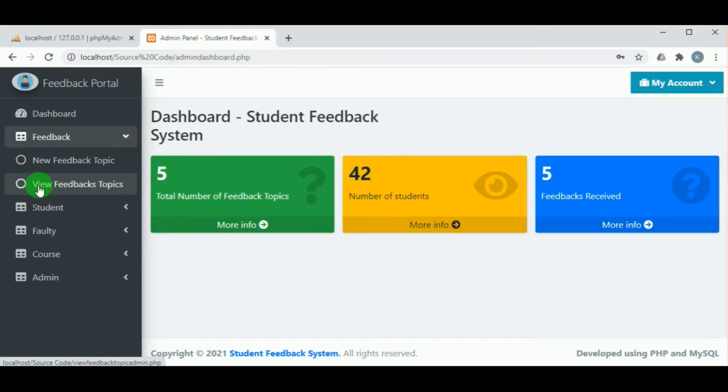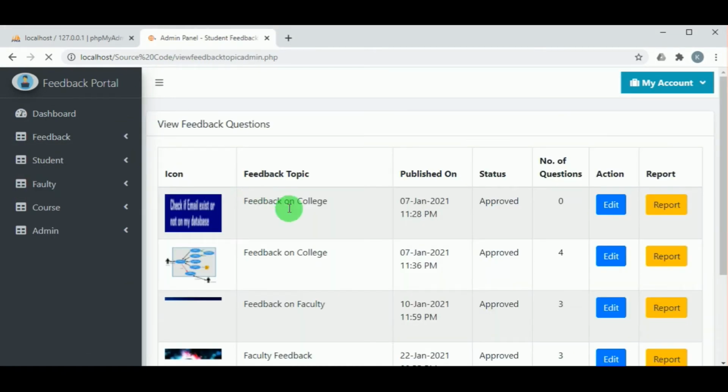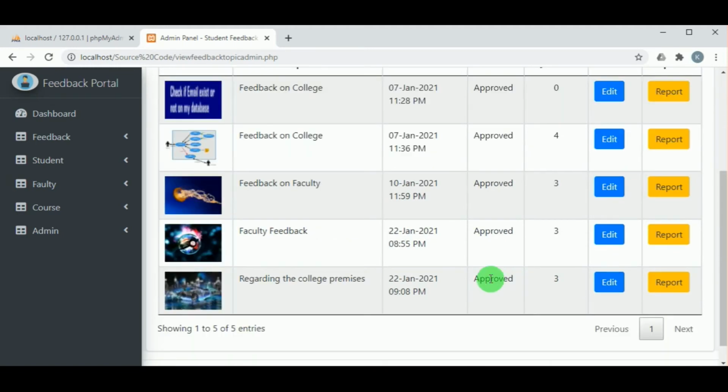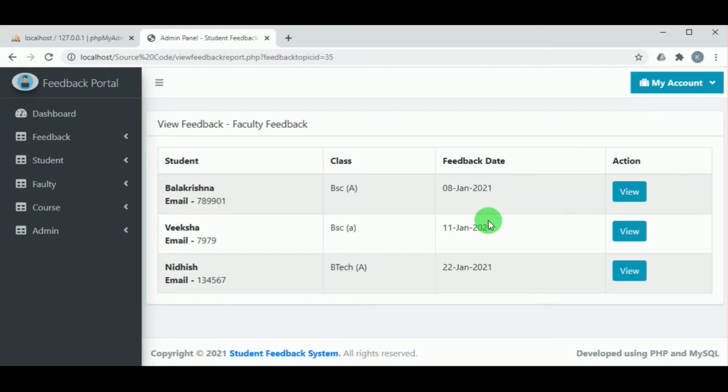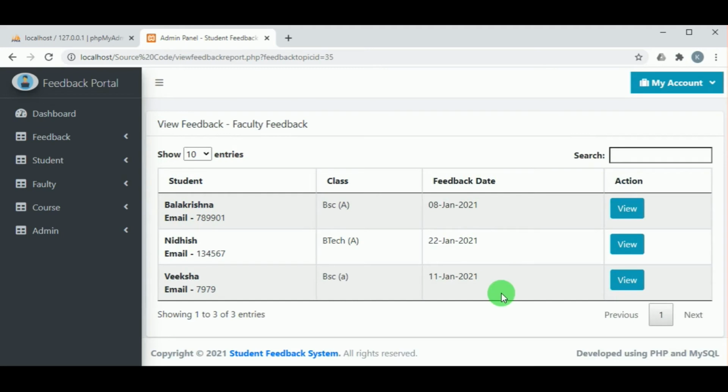Under view feedback topics, here the admin can view the different feedback topics, and on the action report, clicking on report, the admin can view the feedbacks given by various different students. So we can see that there are 3 students who have given the feedback.